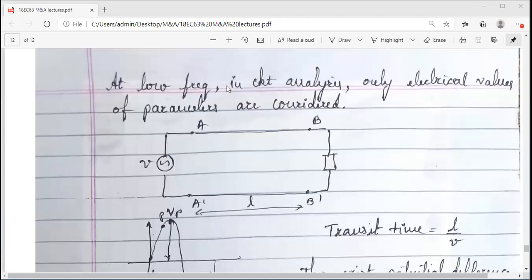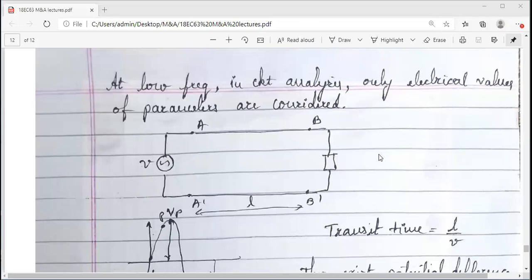In the laboratories where you are using the circuitry, and when you are analyzing the circuit, you are studying the parameters, the behavior of the circuit. If you connect a component in such a way, what output will come? You are analyzing, you are modeling the circuit, as an experiment in your laboratories. In the circuit analysis, whatever frequencies you are using are all low frequencies. When you're working on circuits with low frequencies, one important parameter concerns whatever resistor, capacitor, inductor you are using, because in the circuit you use those elements, right? When you're using those elements, you consider their electrical values.